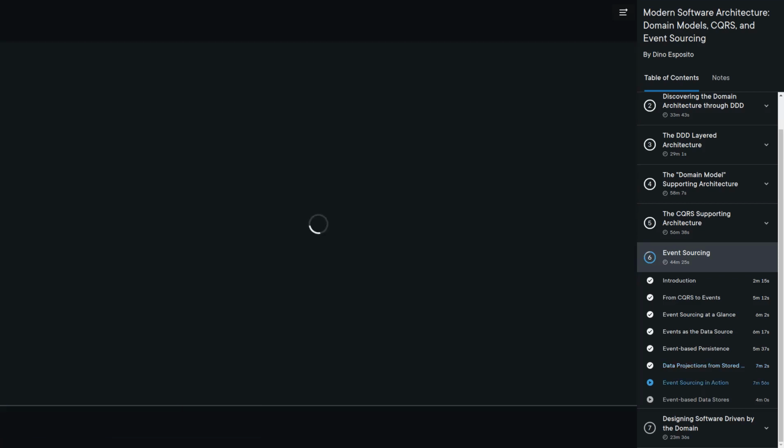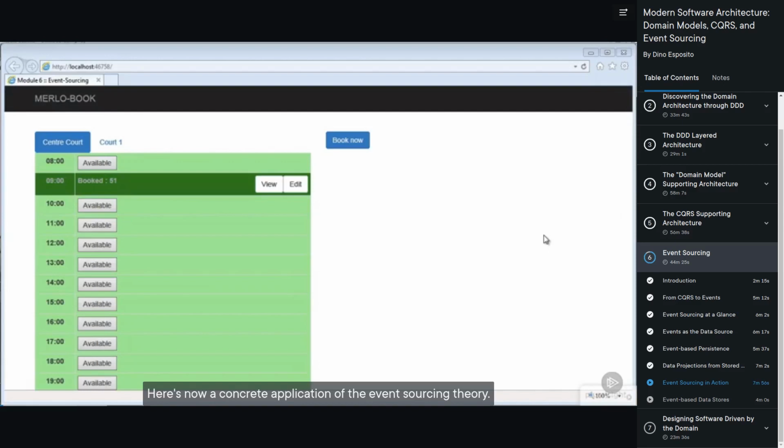Here's now a concrete application of the event sourcing theory. The web application you see on screen at the moment is an ASP.NET MVC application that represents a booking system. So in particular, imagine you can book shared resources like rooms, or in a sporting club, courts for tennis, for volley, for whatever sport you like. At the moment, the user interface of the application shows that there is the center court booked for 1